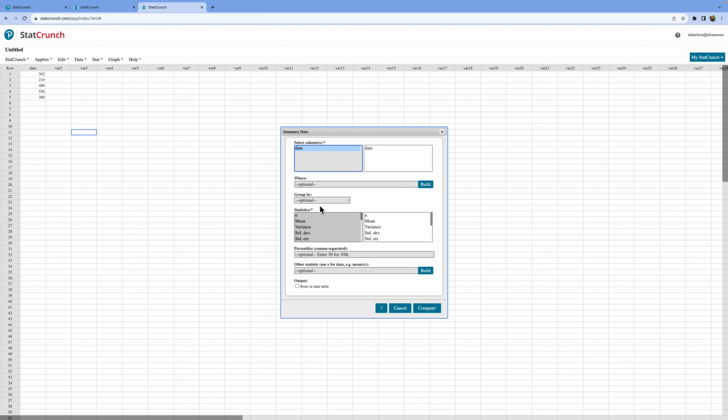I don't want to group anything, but then I come down to the statistics that I want. So let's just go ahead and calculate the median, and let's calculate the variance, and let's calculate the standard deviation. And let's just scroll on down and calculate the median. Now, depending on the type of calculator or the computer you have, I have to hit control or command to select these. I'll tell you what, let's just go ahead and get the range as well, because we talked about that in the video. Now, when I hit compute,